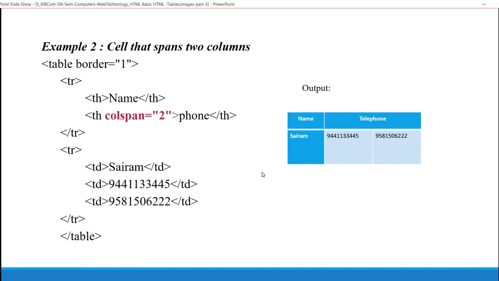This is about col span. Here I have taken a row with name Sairam with 2 telephone numbers. So the name is Sairam, and with how many telephone numbers? 2 columns. For that I have used the attribute col span equals 2.